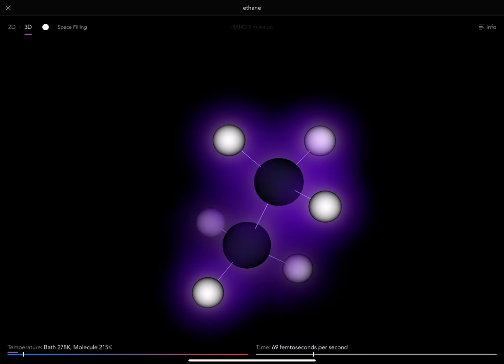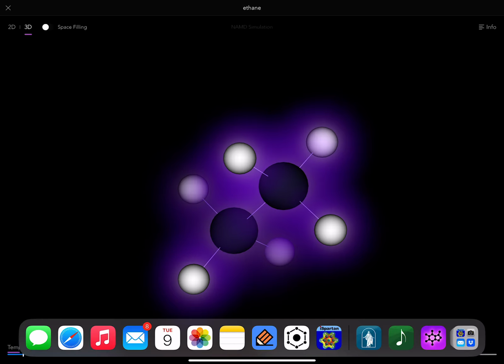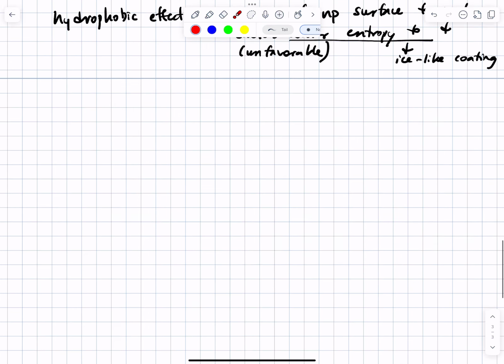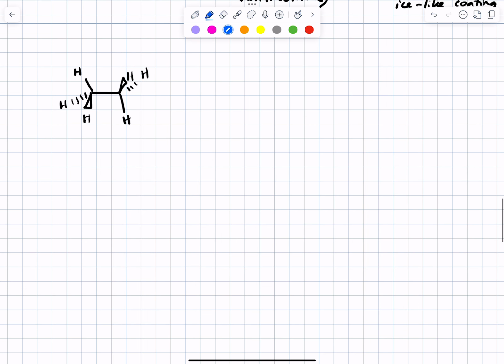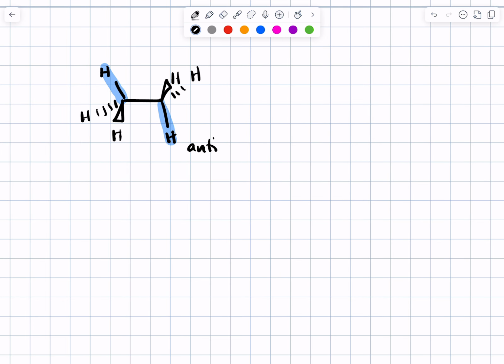All right? Let's just summarize this real briefly on note paper, because I know that it's hard to write down an animation. This is a side view of ethane in a staggered conformation. Do you notice that this carbon-hydrogen bond and that carbon-hydrogen bond are anti to each other? That is, they're 180 degrees apart. If we take our view down the carbon-carbon bond between carbons 1 and 2,